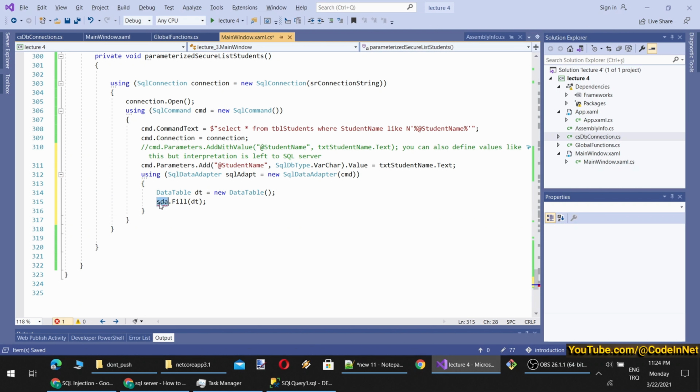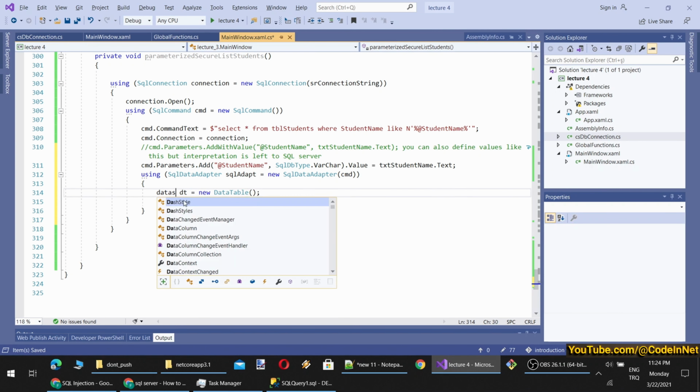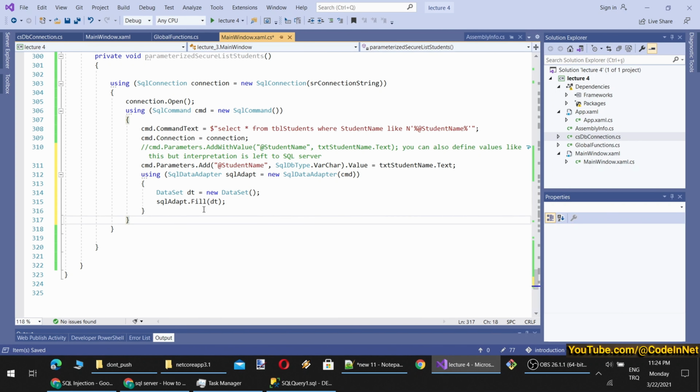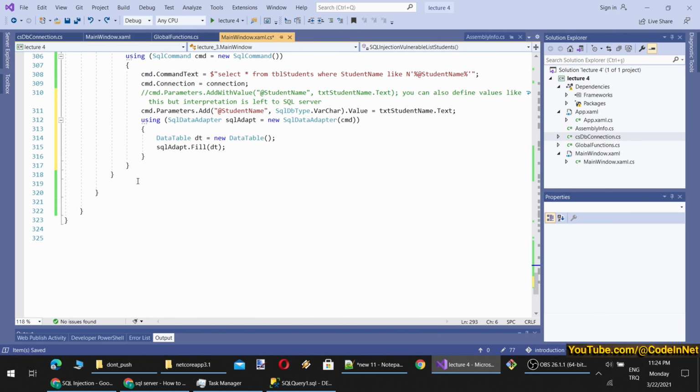And then we will use data table. Okay, we could also use, I think, data set. Yeah, you can fill a data table or data set. A data set means that you will be selecting multiple tables from the SQL Server. But if you do data table, then you will be selecting a single table. And currently we are doing a single table select. Now we have our data table, but I will define the data table outside. I have to define the data table outside of this scope to use it like here.